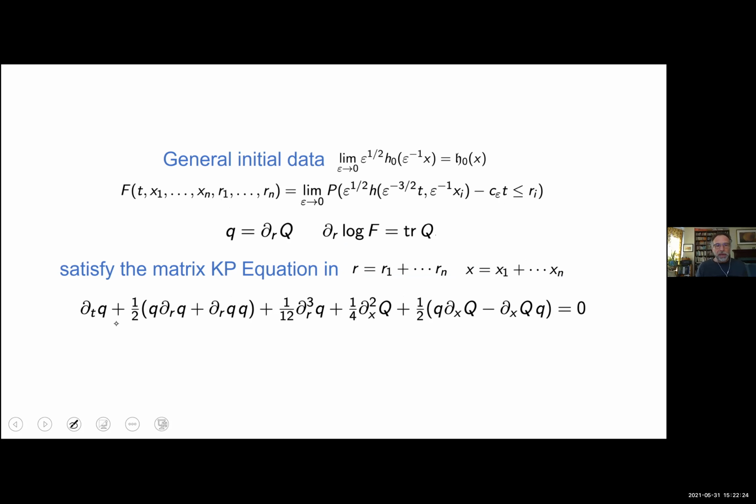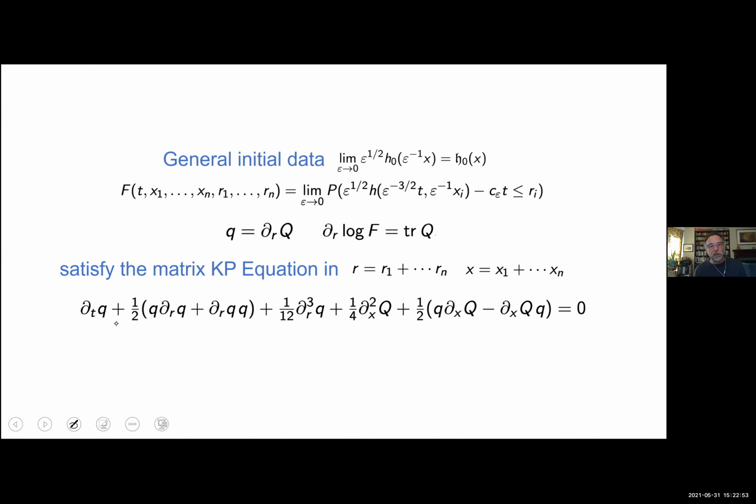And now I look at the n-dimensional distributions. So I'm looking at the height function in the macro rescaled time, but now at a bunch of space points, x1 through xn. And so I have an n-dimensional probability distribution depending on time and x1 through xn. And the theorem says that